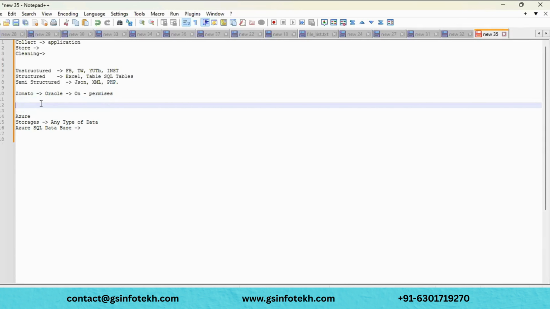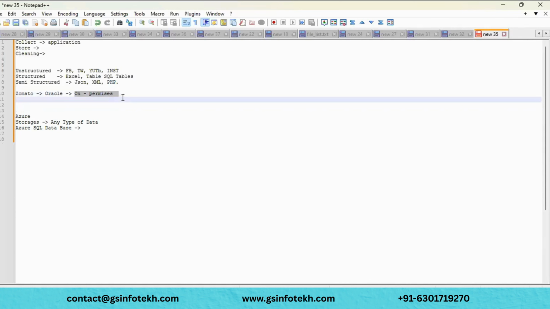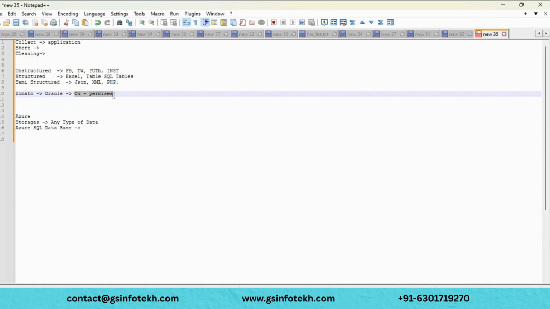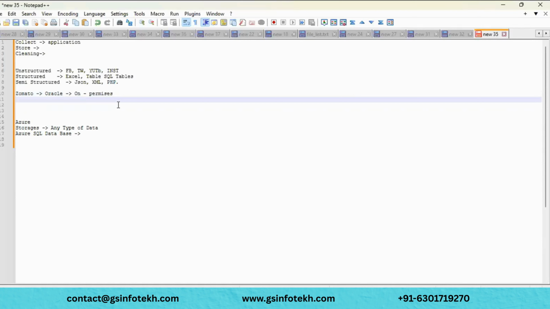Now in this scenario, to perform this analytics, in this Oracle we have different applications. For example, for each and every region Zomato will handle different Oracle databases, because they have huge demand at certain times and not at other times. Due to that, they handle a different Oracle system for each and every city. For example, they have four databases.